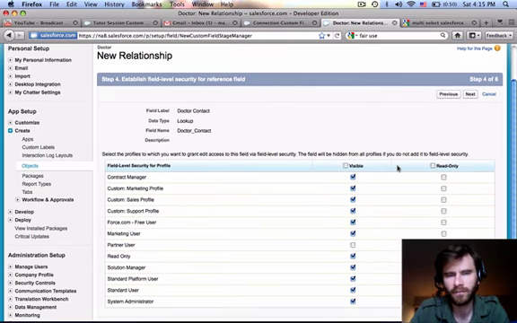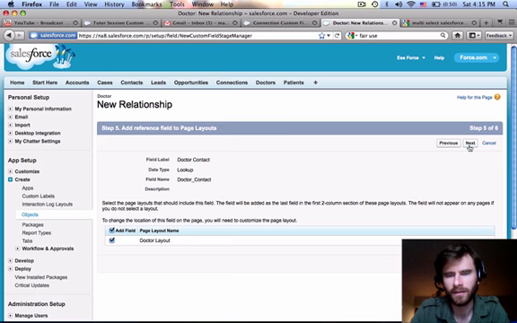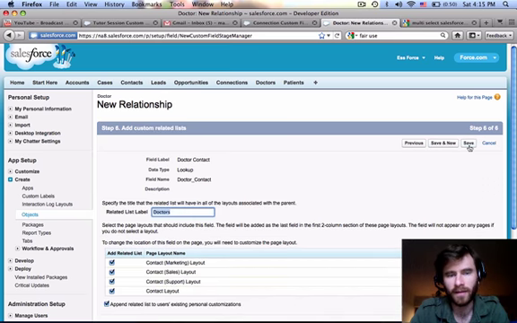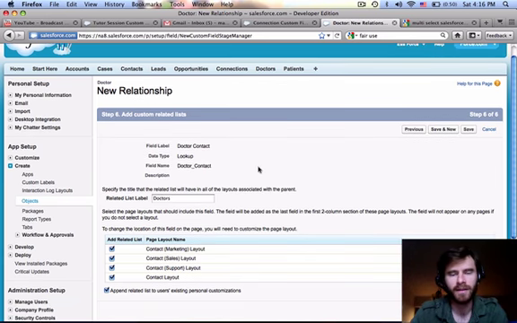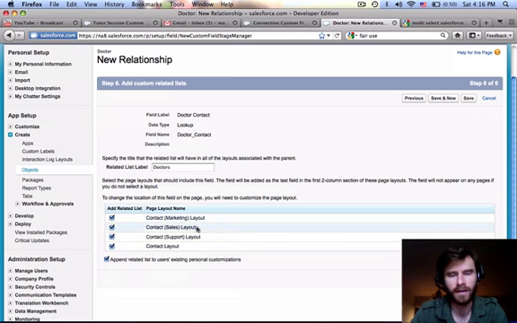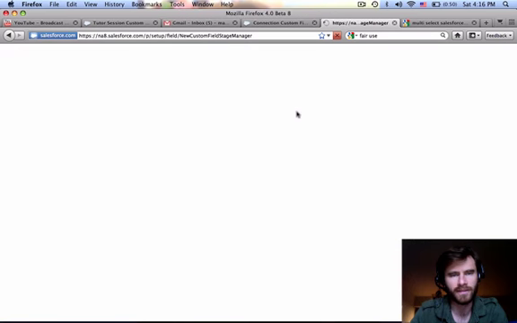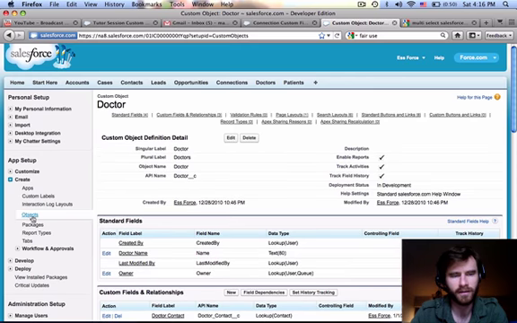Next. Let's add that to the doctor layout. Next. And on the contact page, we'll make a related list of doctors. That's fine. That way, if we're on a contact page, we can see whether or not it's been linked to a doctor object, and if it has, we can click through to the doctor record there. And we're going to save,